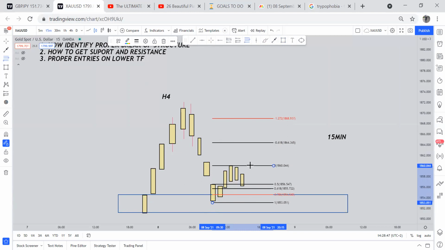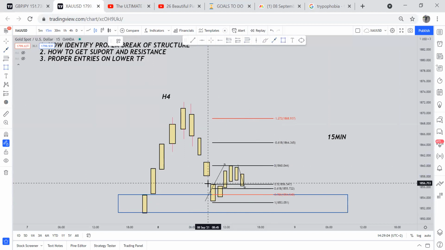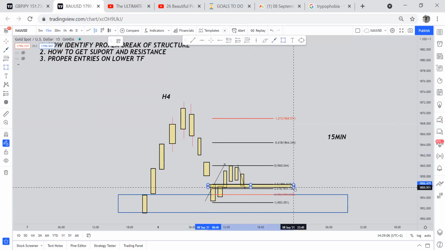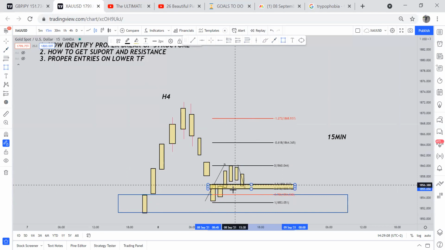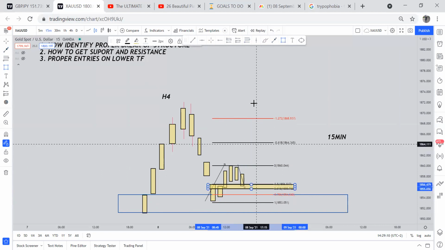So you can see that you can just put your Fibonacci from this low to this high. Once we reject this 15-minute 0.5 and 0.61 Fibonacci level, which is our golden ratio, I call it my golden ratio. Once we reject this golden ratio on the Fibonacci level, this is where we are looking for